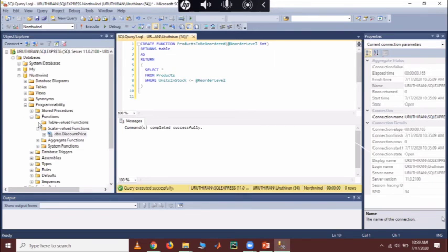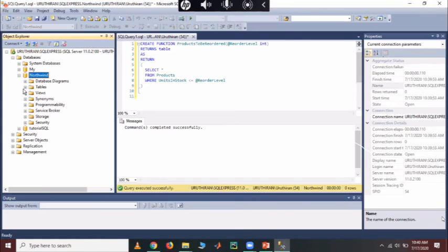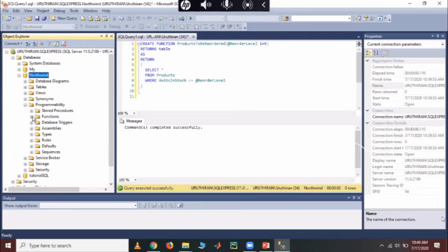Create the function product to be reordered. Now you can see here there is no table function yet. If you run, execute, completed successfully, then your function is okay. I want to refresh, otherwise it does not reflect that.